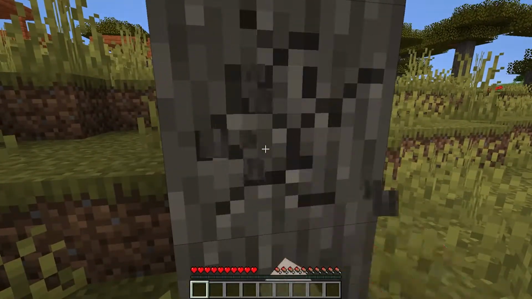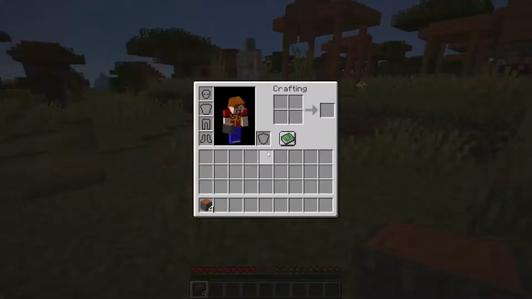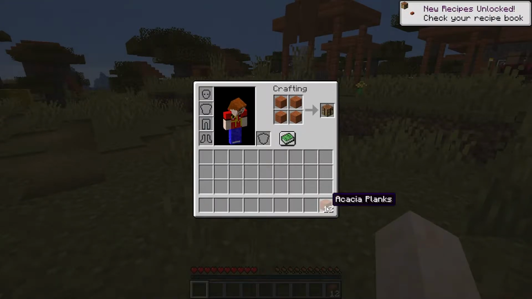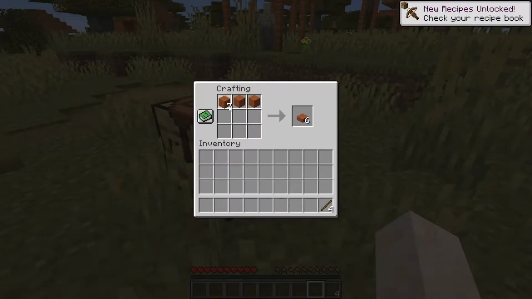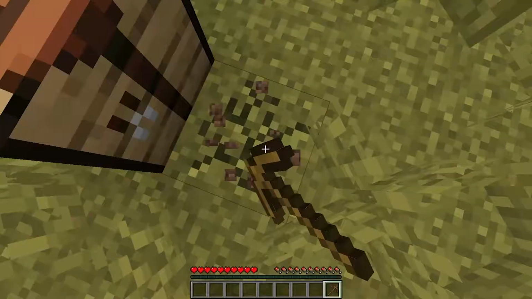We're going to punch it until we get 4 pieces of wood. Once we've got our 4 pieces of wood, we're going to turn them into planks and make ourselves a crafting table. And we're going to make ourselves some sticks. We're then going to put our crafting table down and make ourselves a wooden pick, like so. Dig down